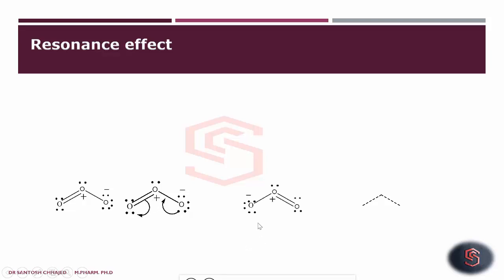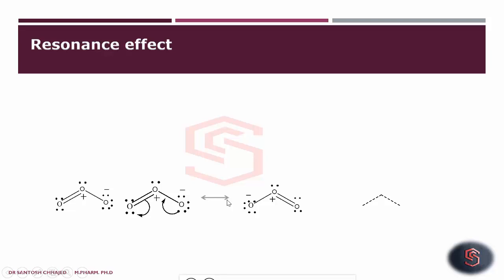So if you compare these two structures, only the position of electrons is changed, but the position of atoms does not change, and we can draw more than one possible Lewis structure for these two. Now these two are interconvertible, so this structure gets converted to this and vice versa. So both are interconvertible,